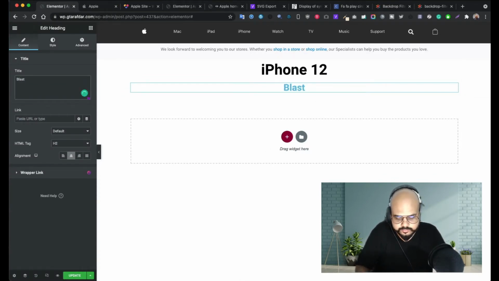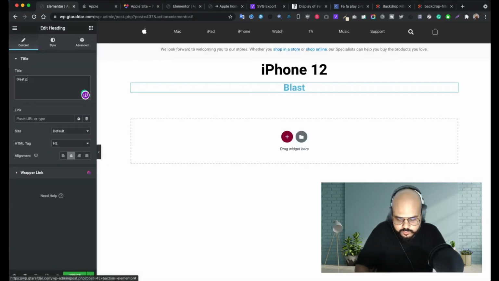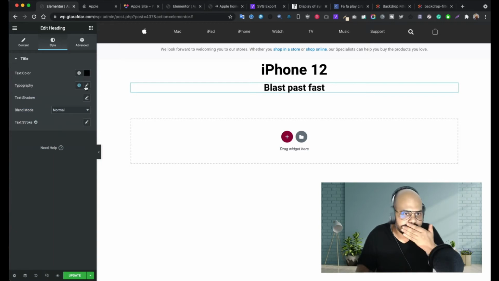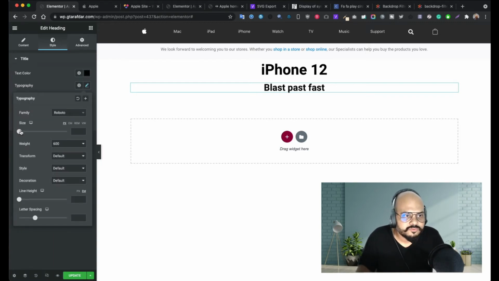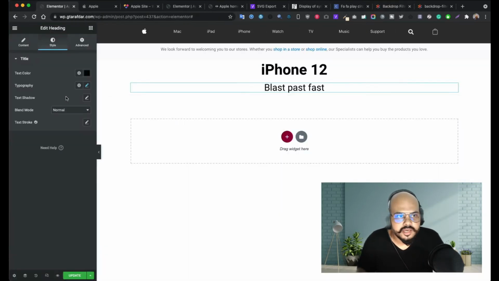Taglines are, which one is the first? First. Okay. Style section, black. Okay. You have to change the typography as well. Go to the typography. Normal. Set it normal. Okay. It's okay. They have added a